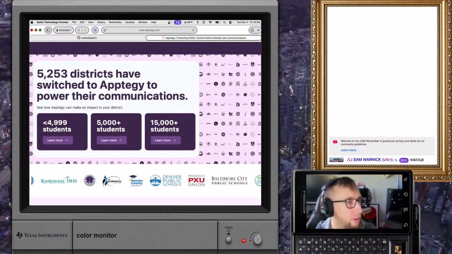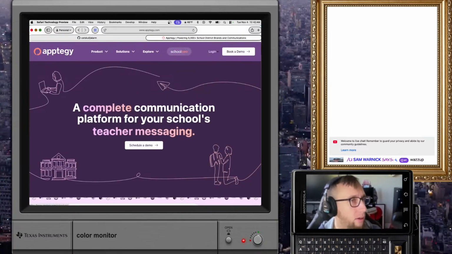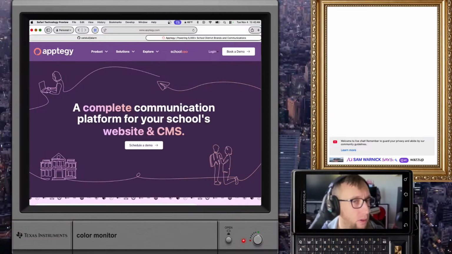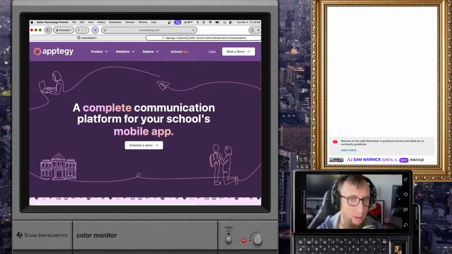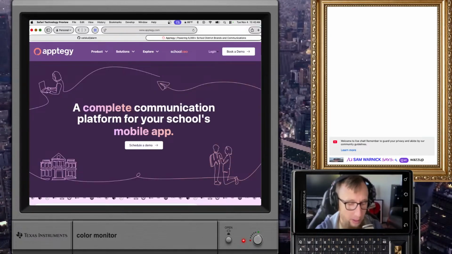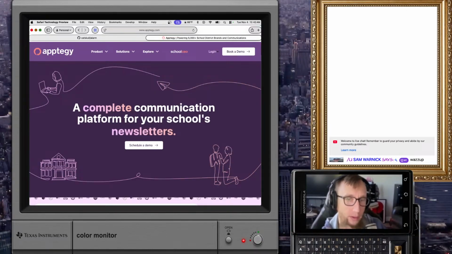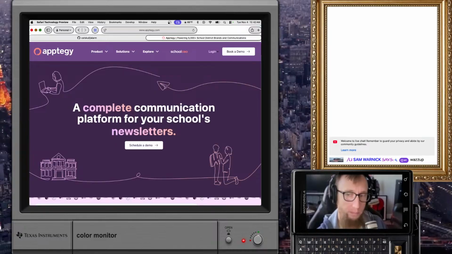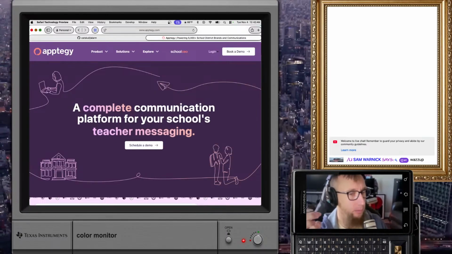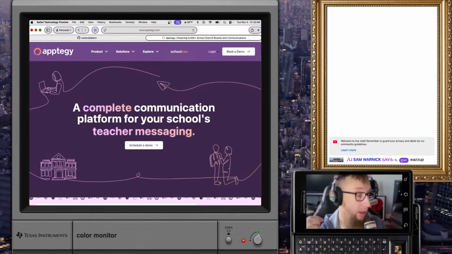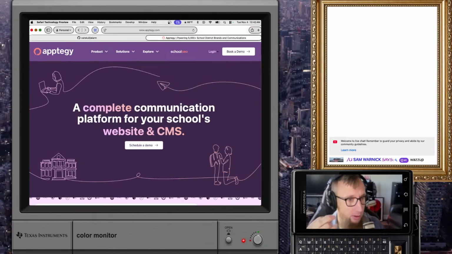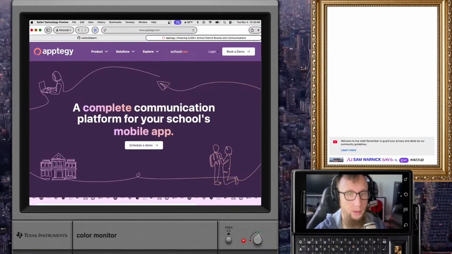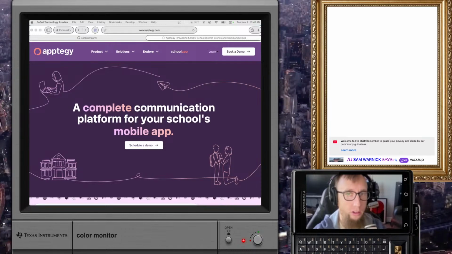So they have Aptigee. We thought we would be able to just add my custom email address to this thing, so whenever there's the mailing list... That's not possible, I don't know why. So instead, it's going to use SMS or something like that, which is kind of a nightmare to deal with. But we're going to try it anyways.